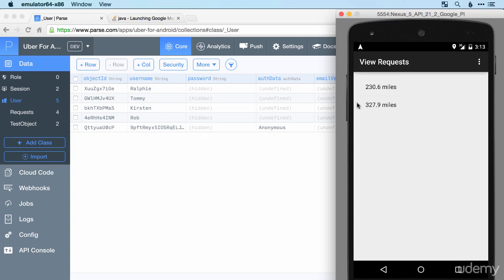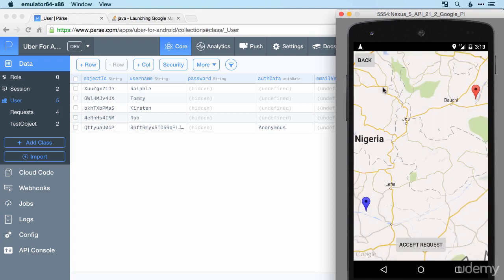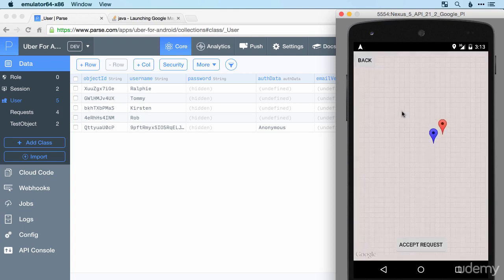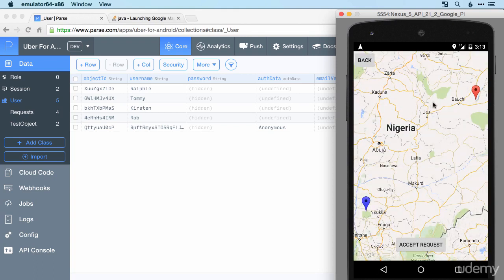So then, once we're able to view the requests, we've made it so that when you tap on a request, it then zooms in on that request and you can see both your location and the request, the rider location there. If the rider decides that's too far, then they can tap back and it will go back to the requests page and they can view another one. If they then decide that they want to do that one, yeah, looks great, then they can tap accept request